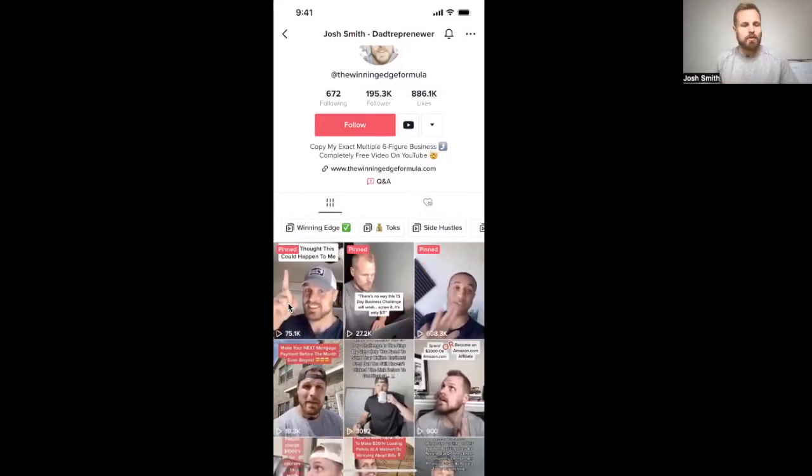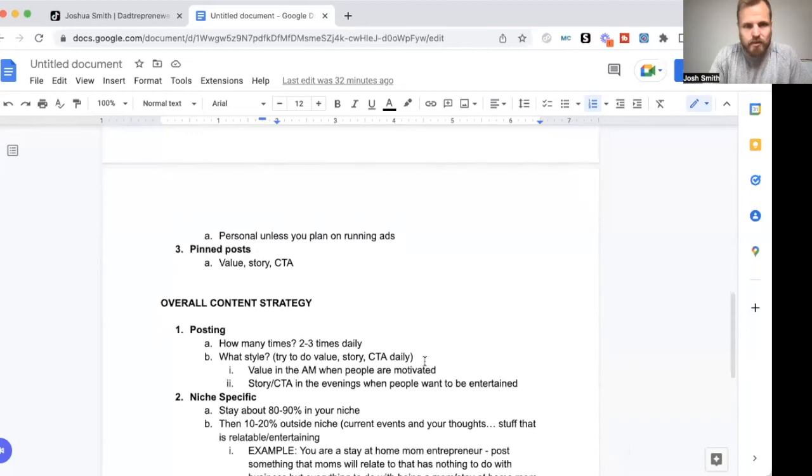And as you get going, right, you can change out these pin posts whenever. So as you get better at creating content and you're seeing the ones that are performing better and getting more views, you pin those to the top. Because you know they're a good piece of content, you know they're getting a lot of views, and you know they're working. Okay, so there you go. Let's switch back over now. I'm going to do a new screen share, and we'll get back over to the document and we'll tie this all together, and I'll give you the exact content strategy that you need to be using.